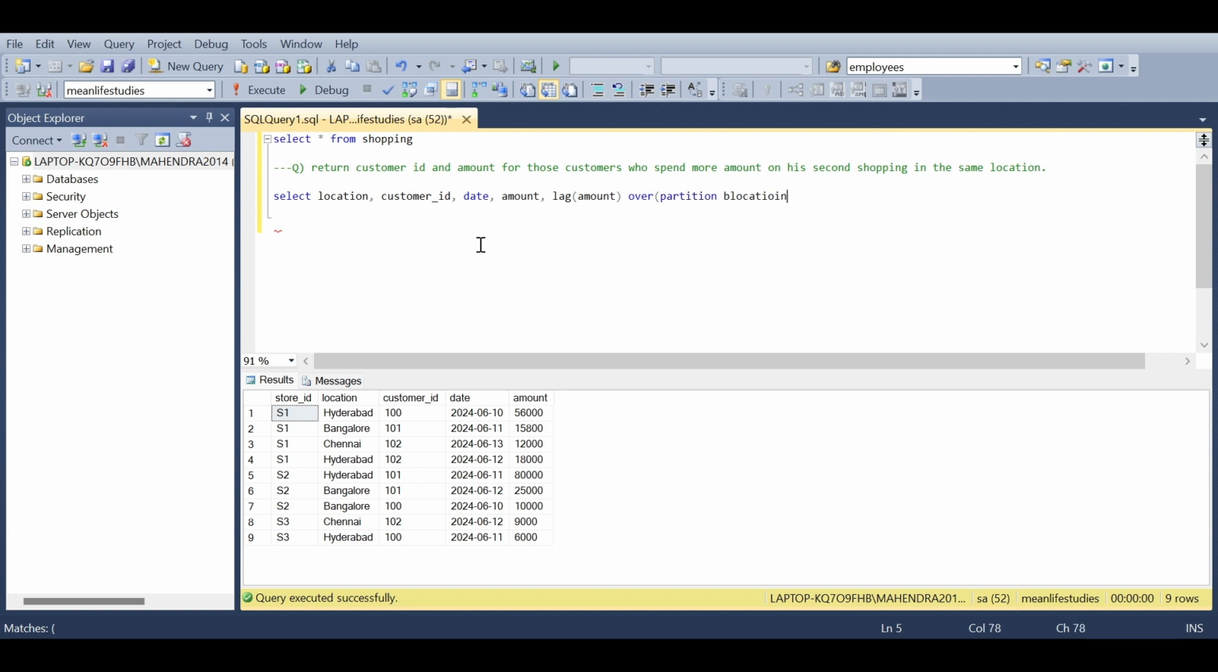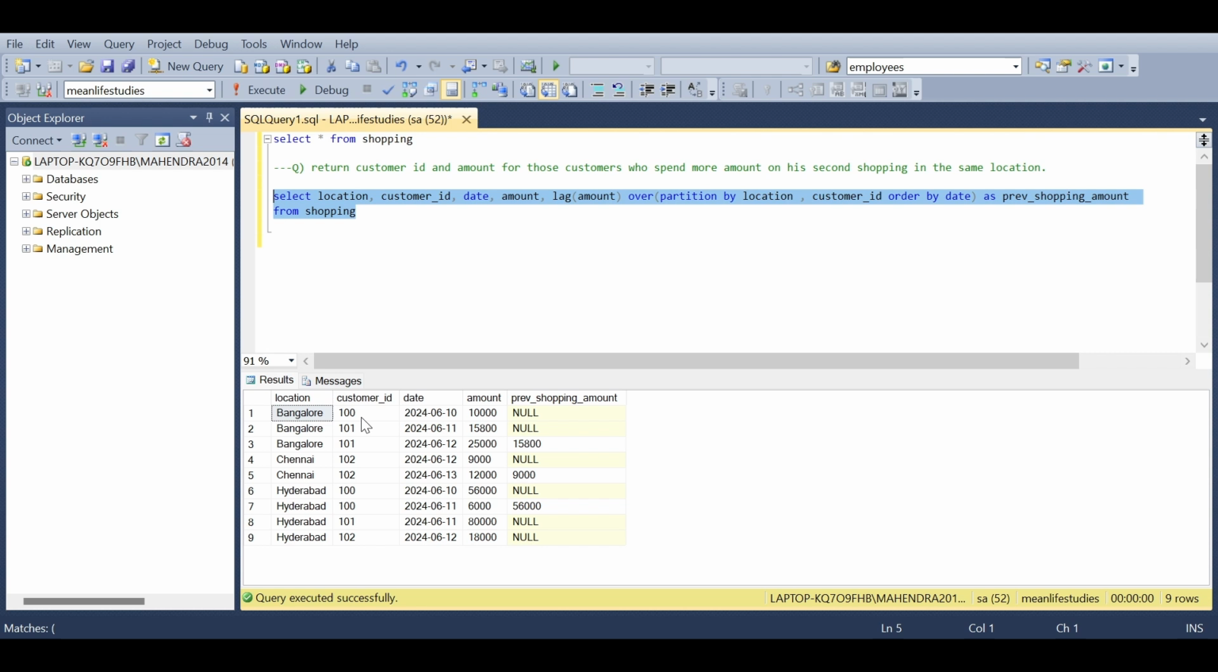and what else do I have to partition by? I have to find for each customer, right? So I should use partition by customer ID also. Now I need to order by date, that is in ascending order. Now I'm assigning this as previous shopping amount, from shopping. Now if I execute this one,